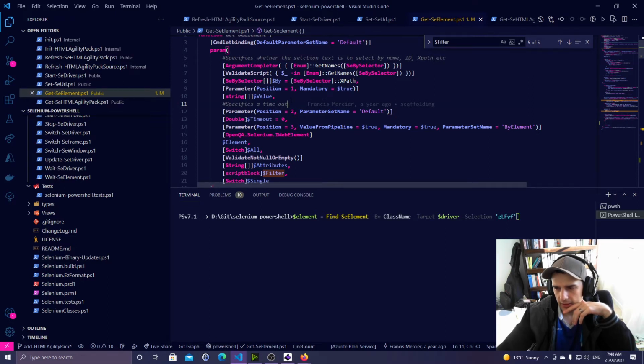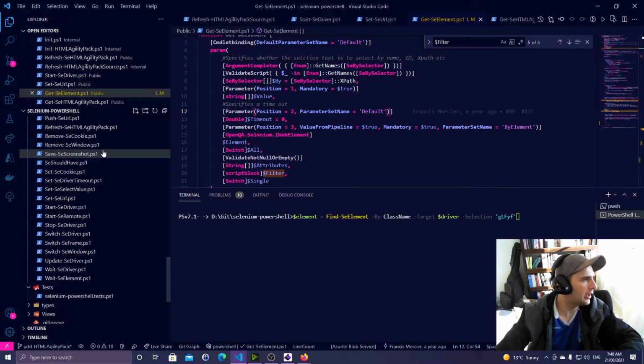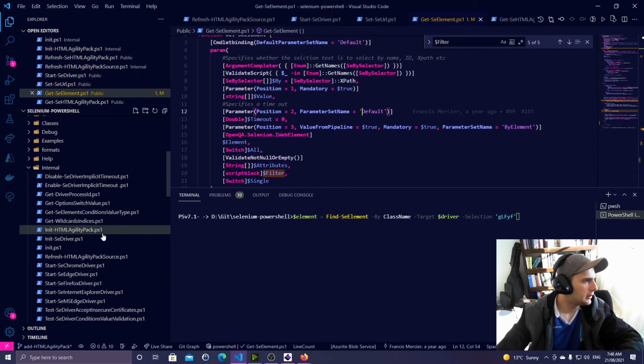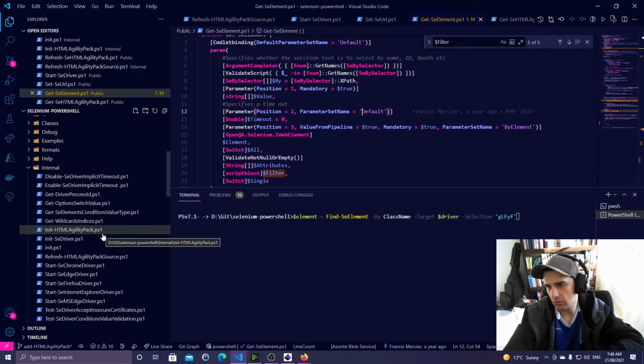So I think I need to be able to pass... I'm going to need to be able to write a... because I'm just thinking about this already, is that if you can pass an SE element into